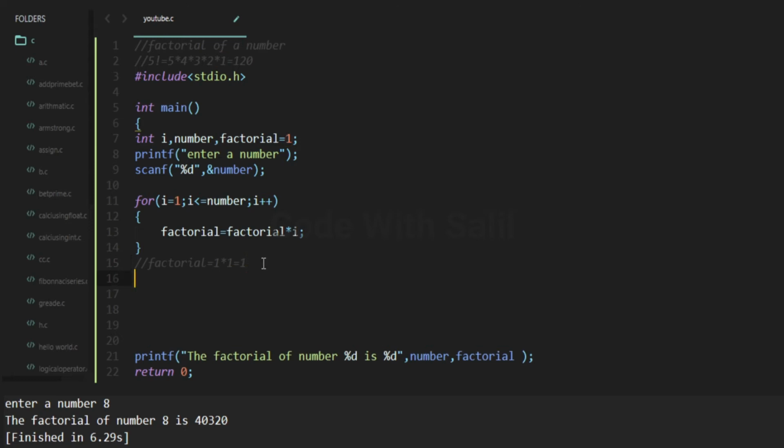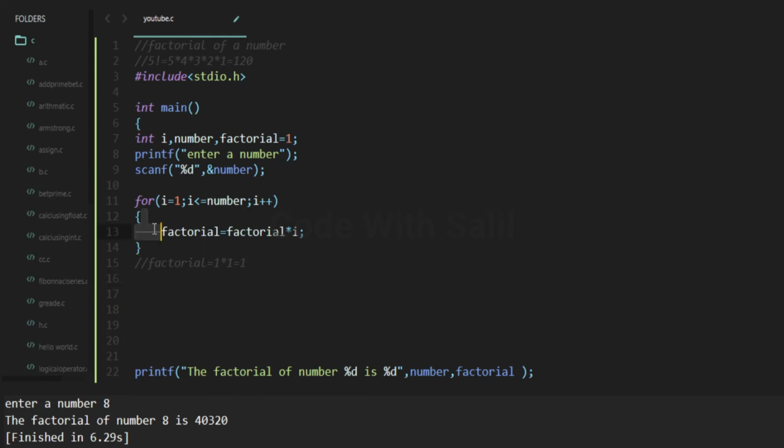In the next step i will be incremented to 2. It will increment here to 2, so 2 is less than or equal to 5. Yes, so this block will execute. Factorial equal to 1 into 2 equal to 2.